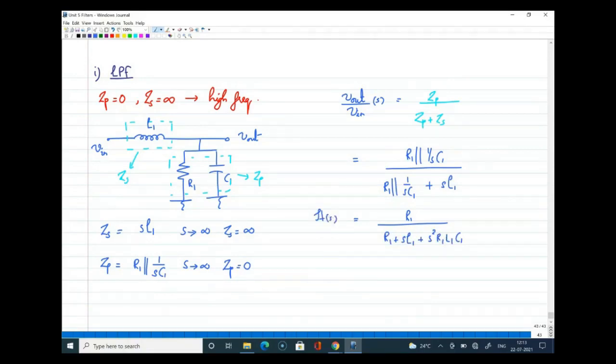Right. So since we have verified that the Zs value and Zp values are infinity and 0 respectively at high frequency, you can say that this is a low pass filter. Now you will have a question like, can I have any combination of this and get a similar response, is that fine? Yes, it is fine. But definitely we will do a study based on which is the best, depending on how much roll-off rate you will get for each filter. But this is one standard form of having a low pass filter, right?